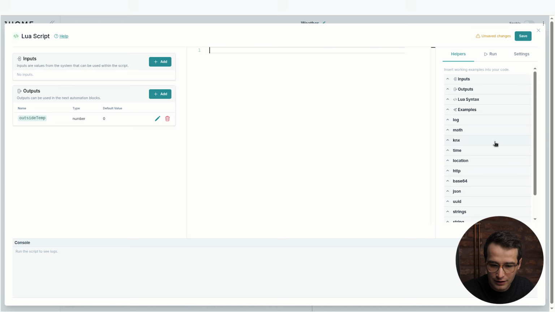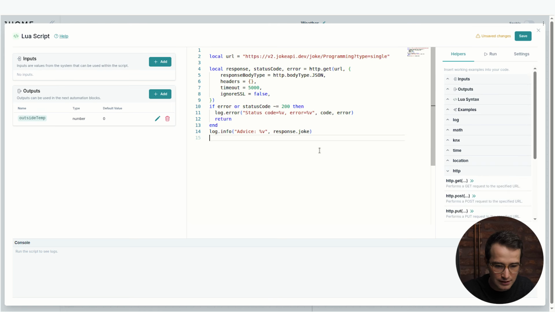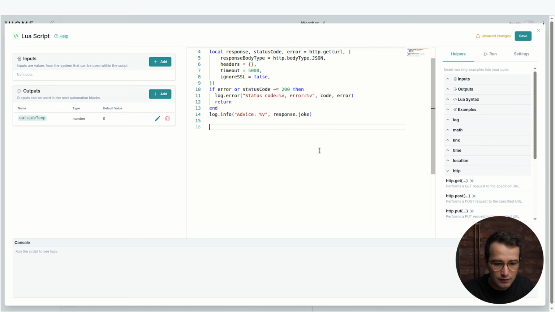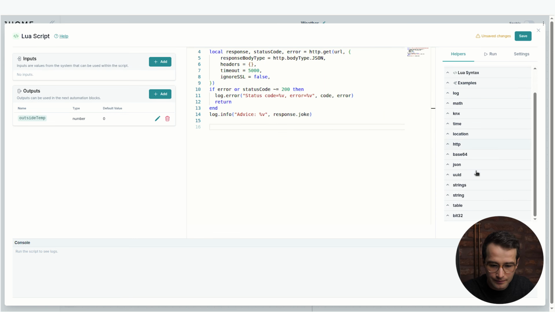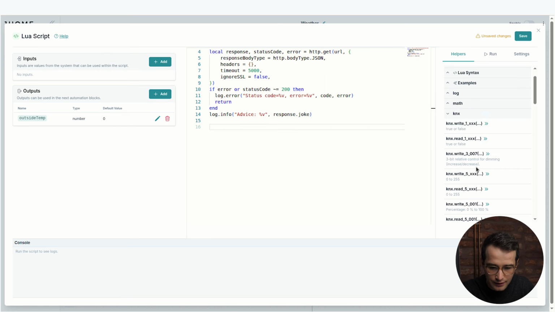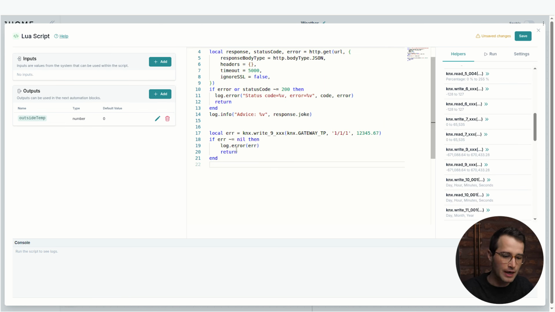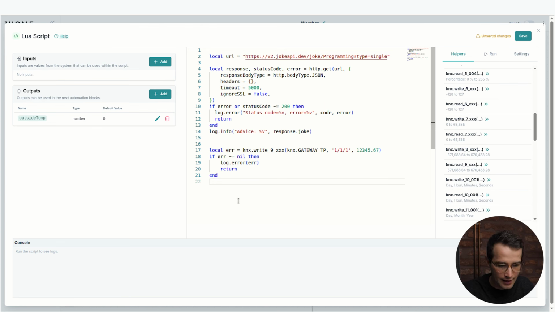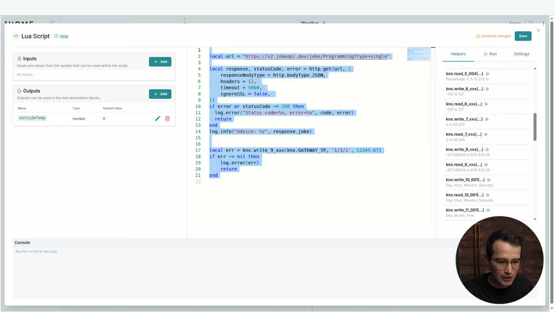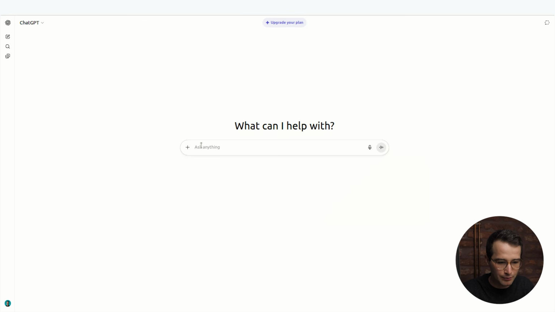What we will need is an HTTP GET request. Let's just create this one as an example. And we will need a KNX write, DPT, in this case 9.001 for temperature. Okay, now we have these two things and we can copy them now to ChatGPT and we can provide it context.